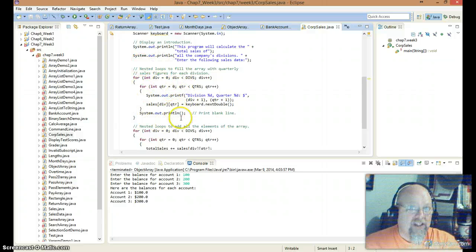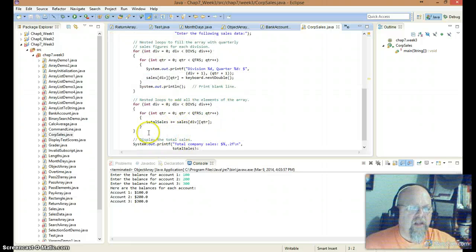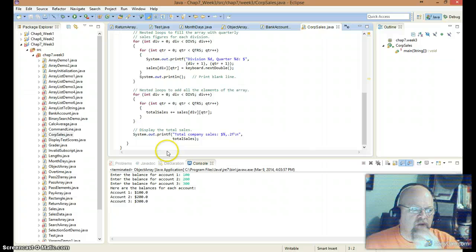So once we've basically gotten, because we've got keyboard.nextDouble, we're asking the user to enter data for each one of those divisions and quarters, then it's going to go through and do total sales, getting the 12 different elements we're going to type in, and then it's going to print that out. So if we run this real quick,